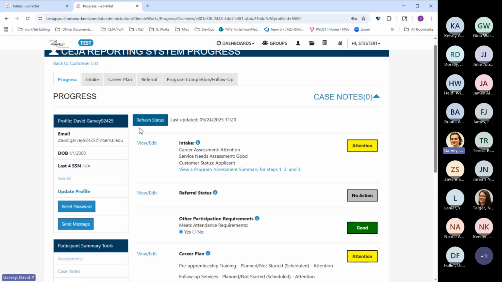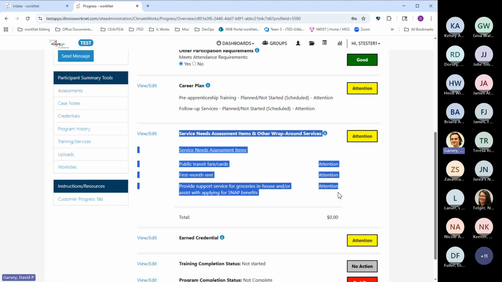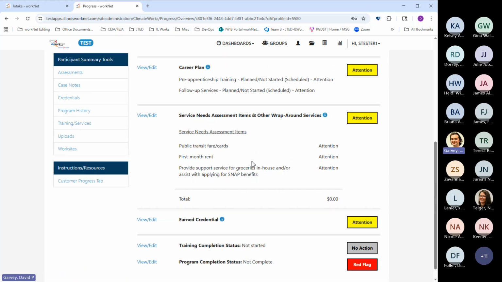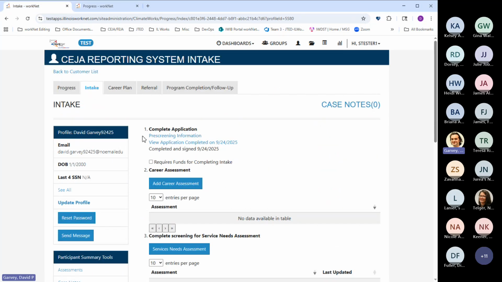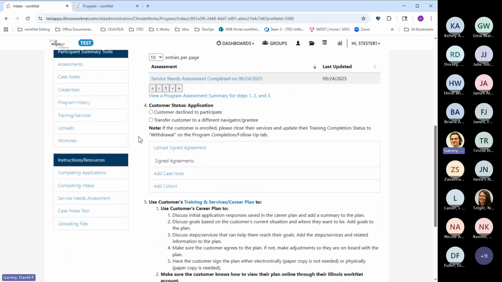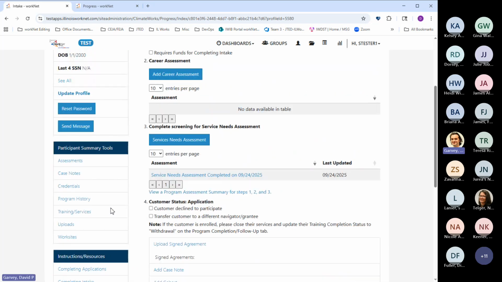So is the section you're referring to like this section right here? Yes. Yeah, so we will go over this here in our demo. Let me just see if there's anything else that I need to do for this customer before we get into our career plan here.